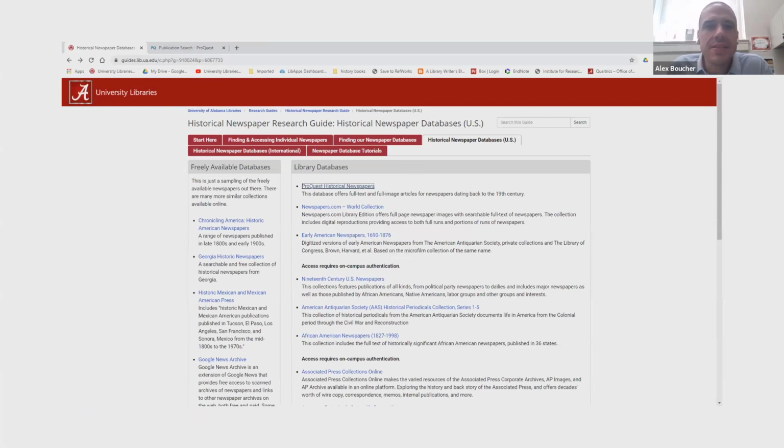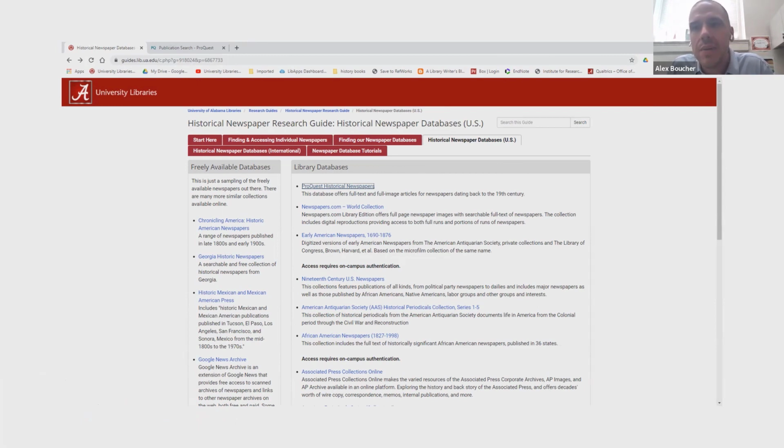Again, going off this guide because it's an easy landing page for this. With historical newspaper databases in the United States, we have a lot of different things, but the two most widely used databases we have, and the biggest ones, are ProQuest Historical Newspapers and newspapers.com.